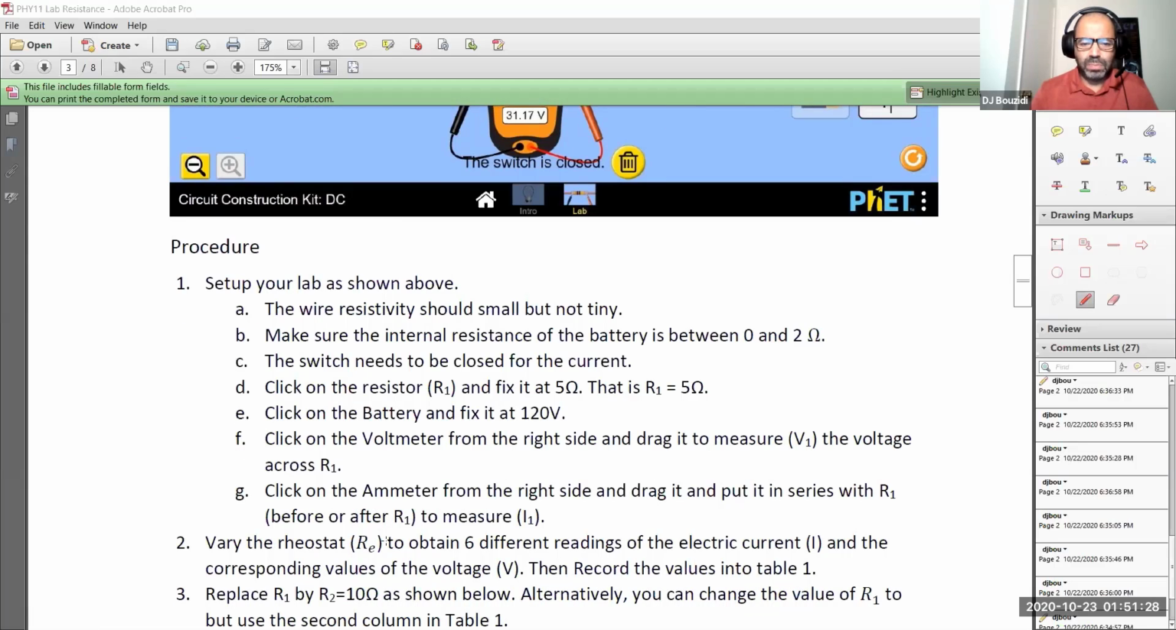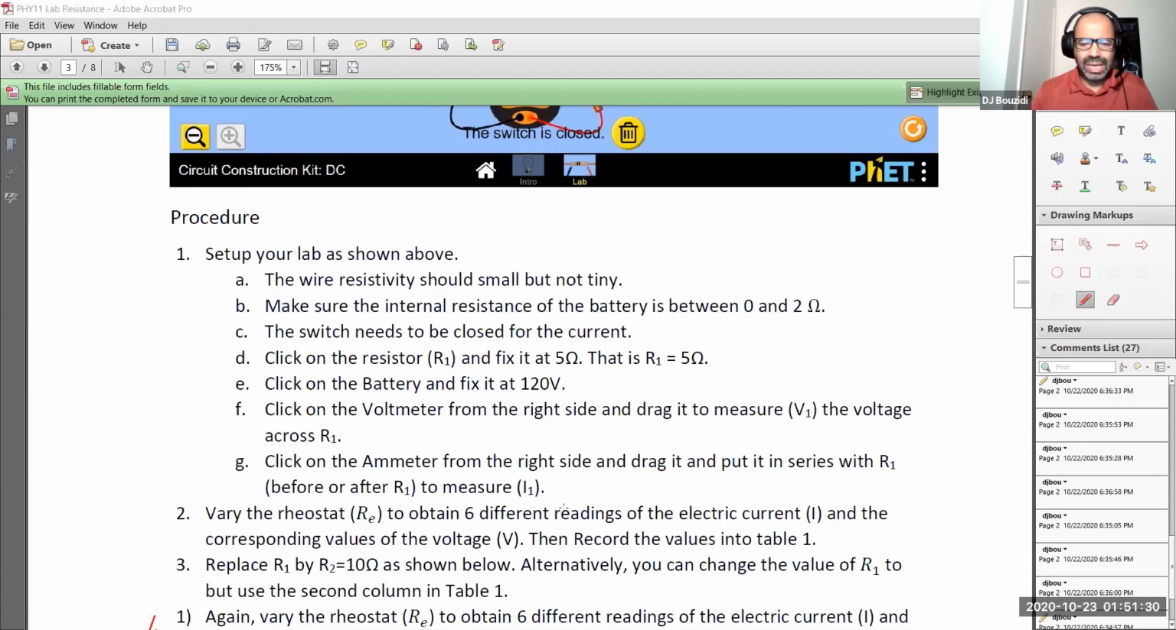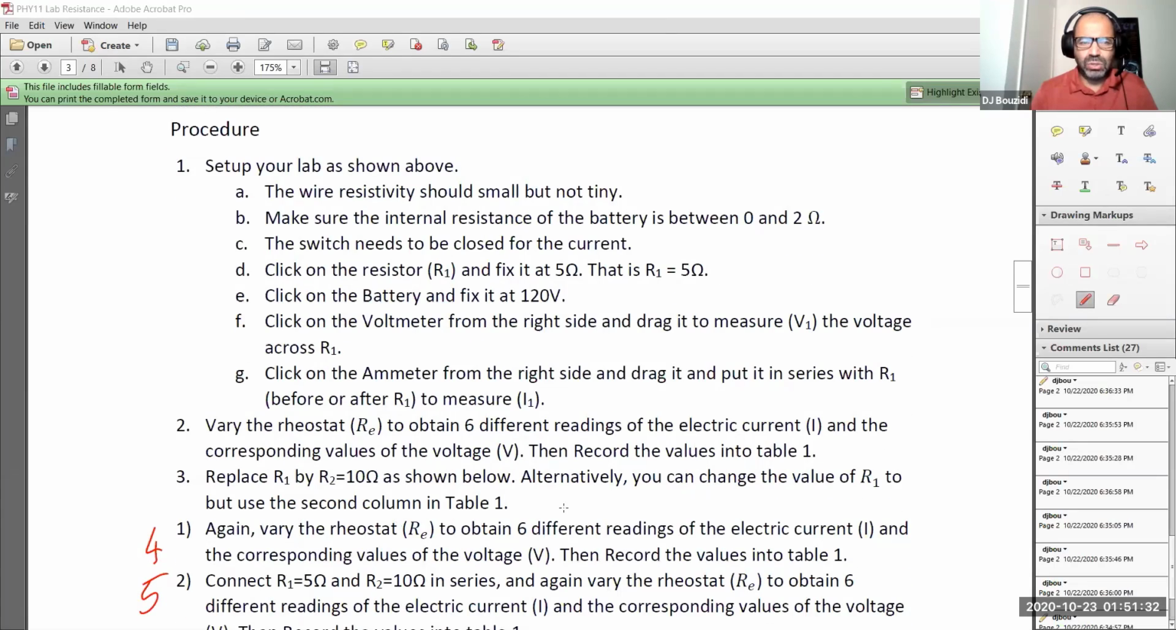Vary rheostat to obtain 6 different values in the table. Which 6 values you need? It doesn't matter, okay? So we're going to start with, let's say, for example, 5 ohms, and we go in increments of whatever we like, okay? So 3 ohms if you want to. So I'm going to stop sharing that screen